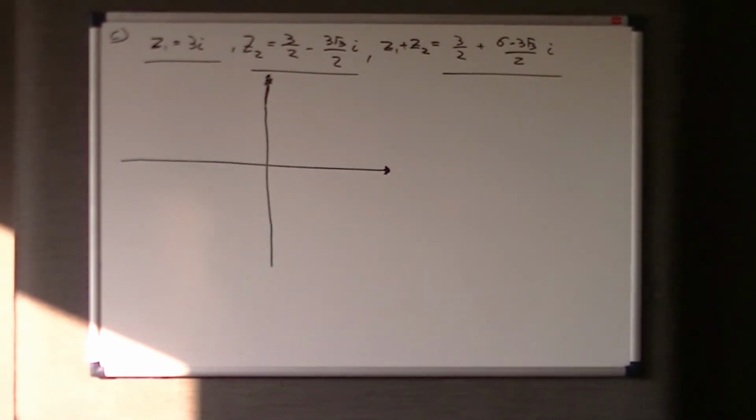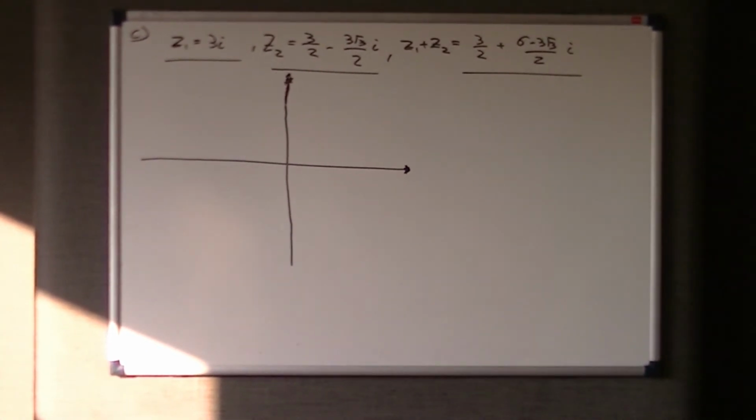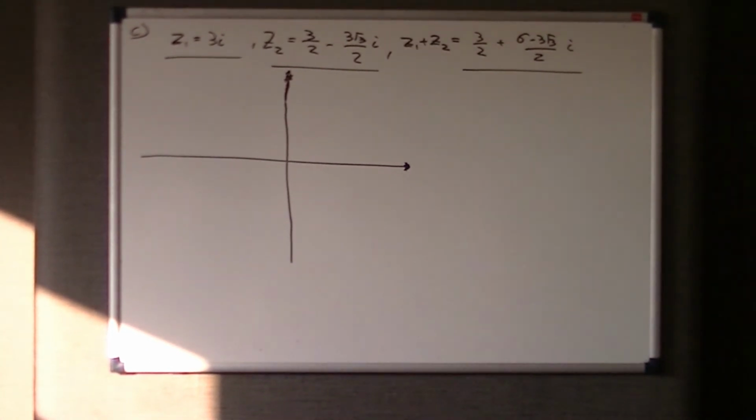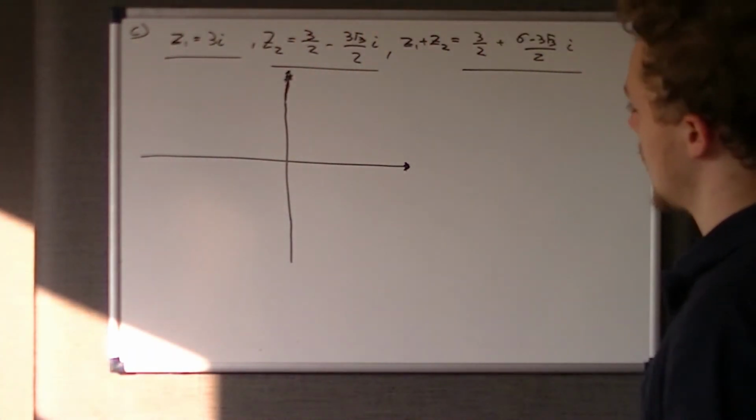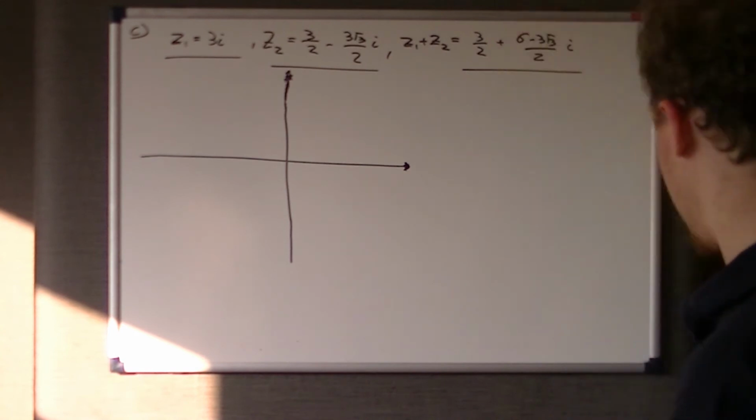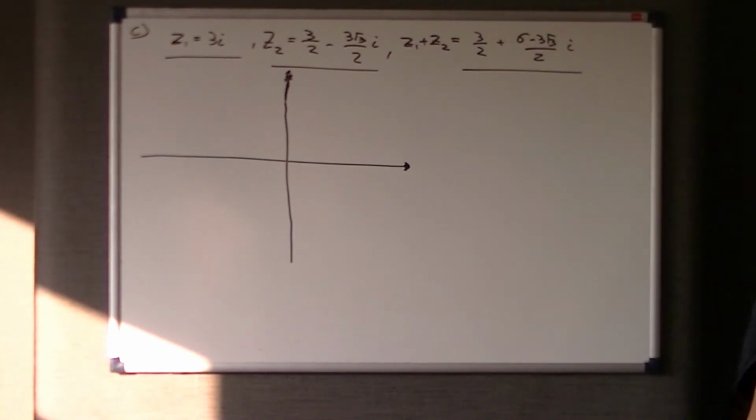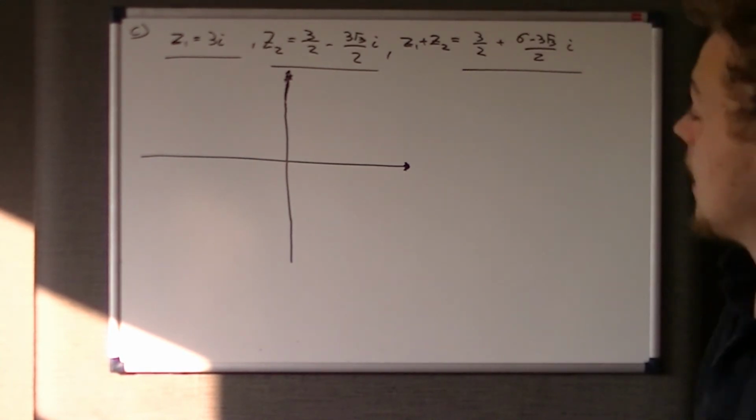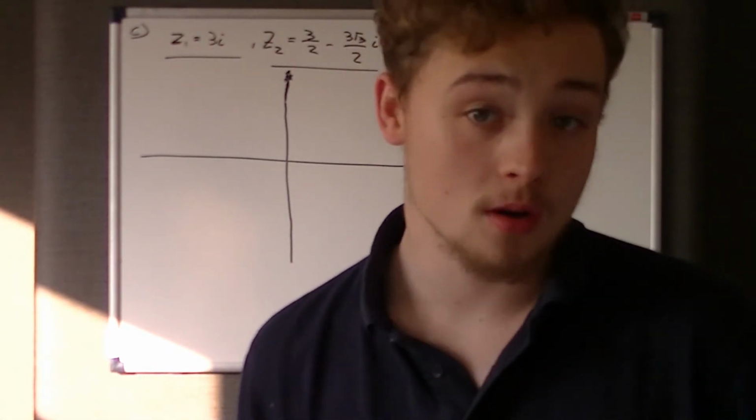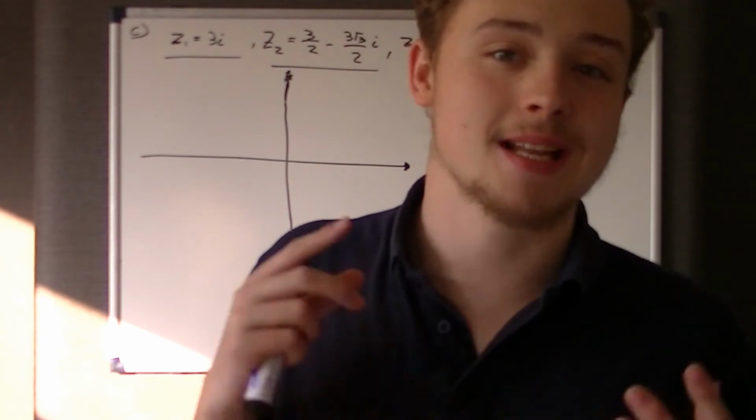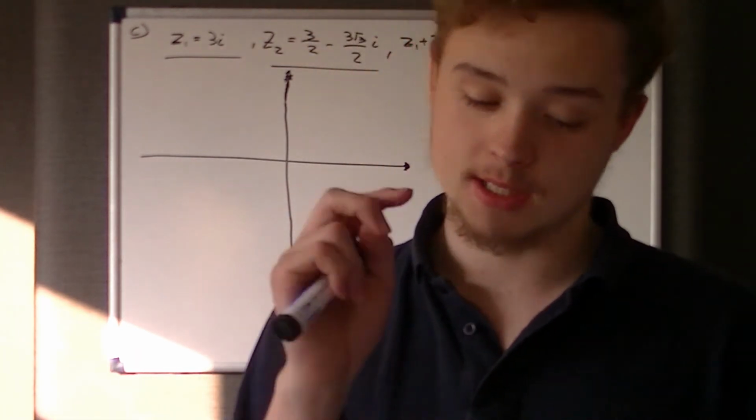Okay, so welcome. This is now the latter bit of the question. This is part C. Okay, so what we're asked to draw. This is question 4, by the way. Sorry, I probably should say that. Anyway, so what we're asked to do is represent Z1, Z2, and Z1 plus Z2,